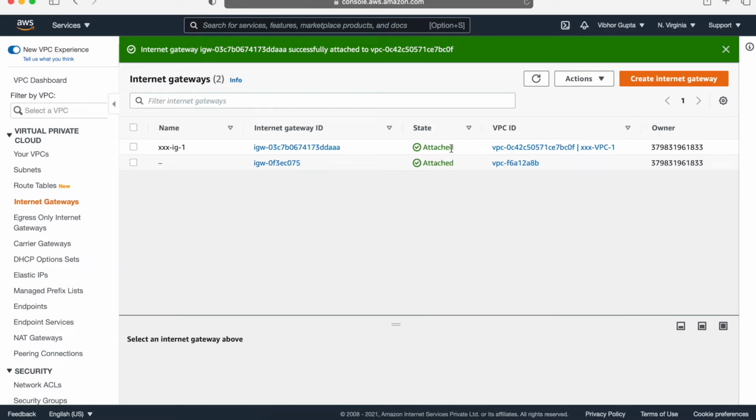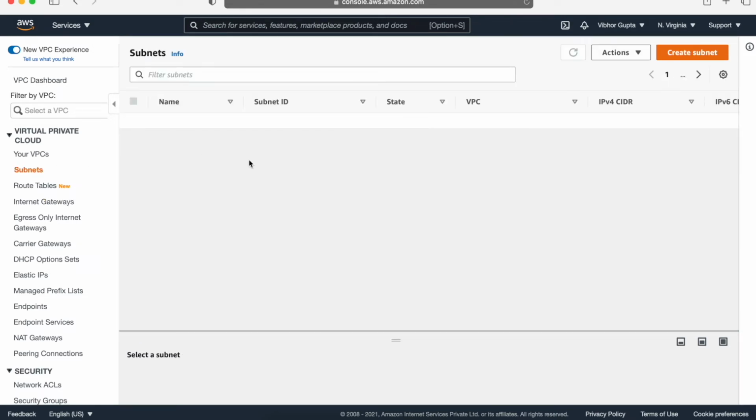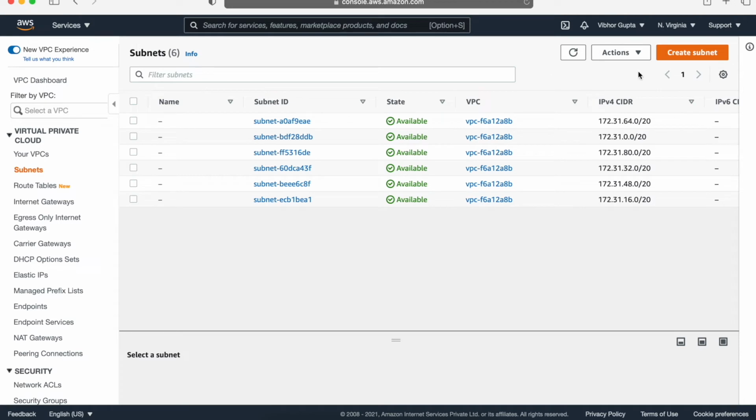Now, as per our architecture, we have to create subnets. If you remember, we have to create 9 subnets in total. But out of 9 subnets, 5 subnets are for future use. So basically, one availability zone and the third tier is for future use. So practically, we are just going to create 4 subnets, 2 in availability zone 1 as a public subnet and a private subnet, and 2 in availability zone 2 as a public and private subnet. So let's click on subnets. Click on Create Subnet.